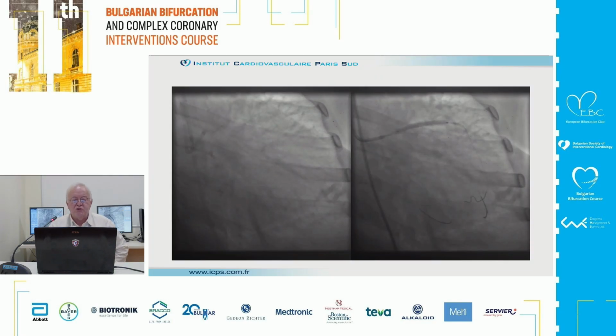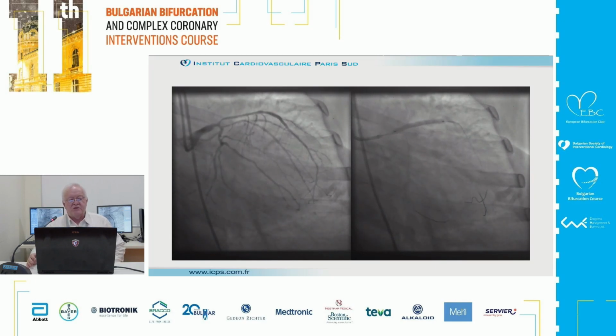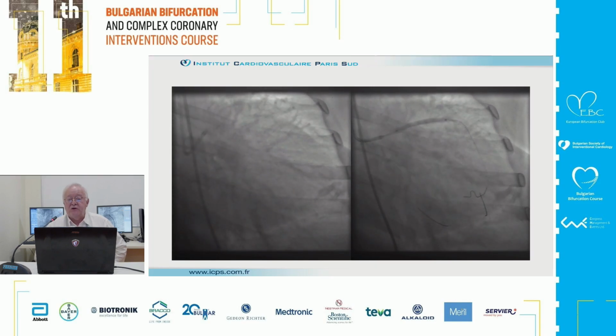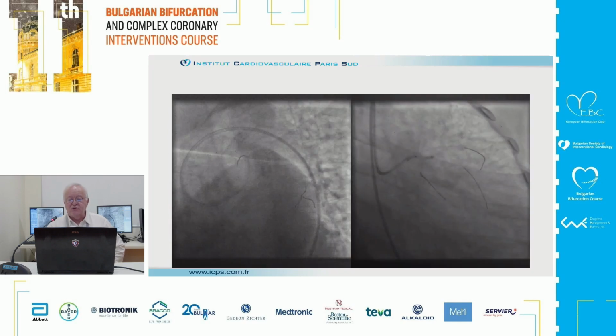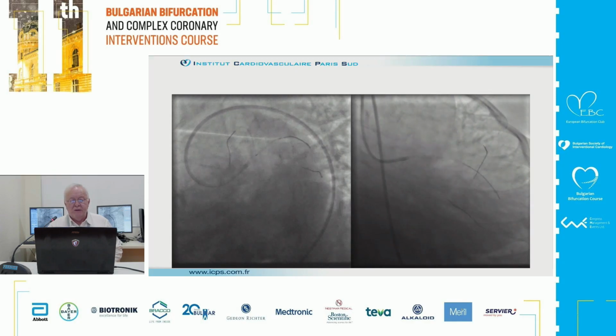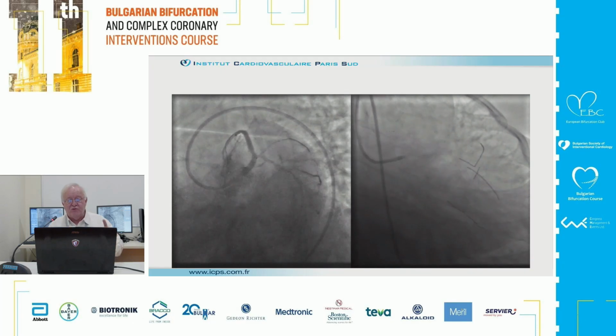Left main trifurcation. This one is a bit spectacular. You can see on the left a complex lesion: left main, LAD, circumflex, first marginal. So I did a crossover stenting with protection. I did a kiss with the circ. You see the result on the left. So I decided to exchange a wire and pre-dilate towards the first marginal. And finally, I implanted the stent from left main to first marginal,